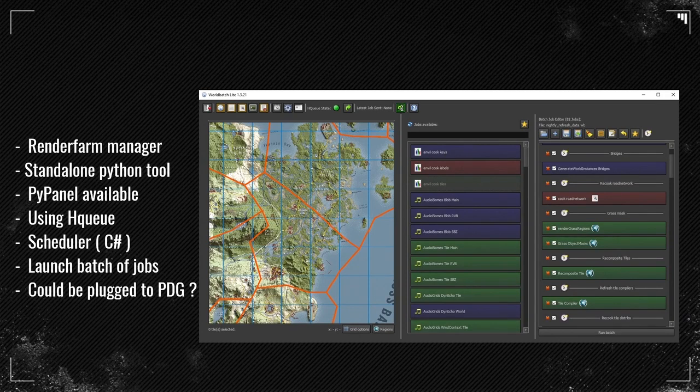What you can do in world batch is select a tile, or not select a tile, or select just a job, or a job according to some specific tile. Create a sequence of jobs if you need to. Create some blocker in between 2 sequences of jobs, so wait to have finished all of that before you move to the next process. And send that to the farm. We did Wayland with 12 computers. We are up to 30, something like that now. And we use it intensively.